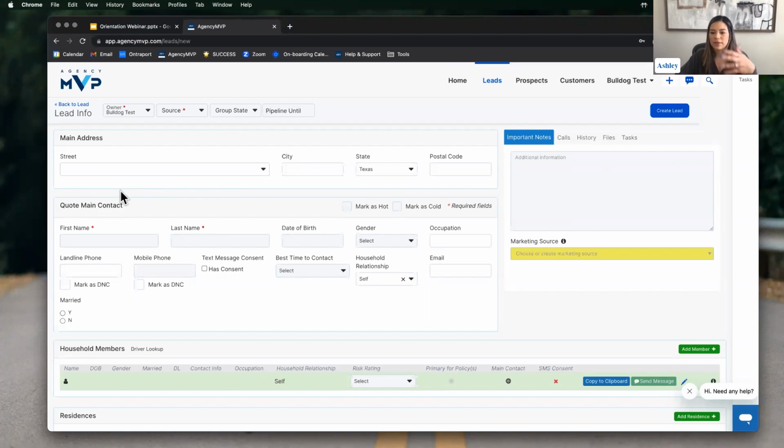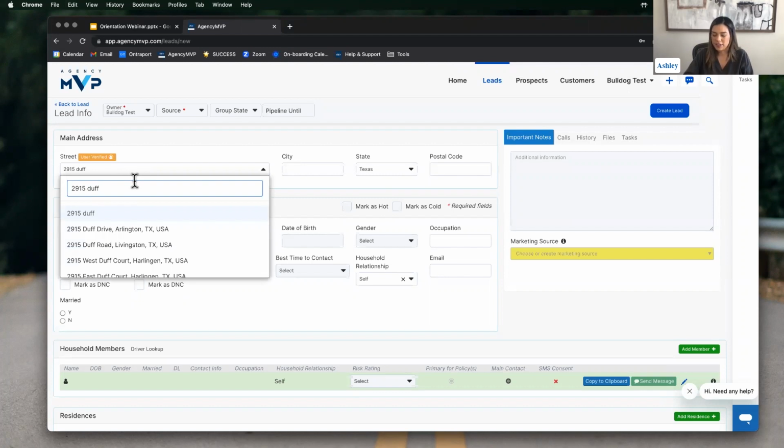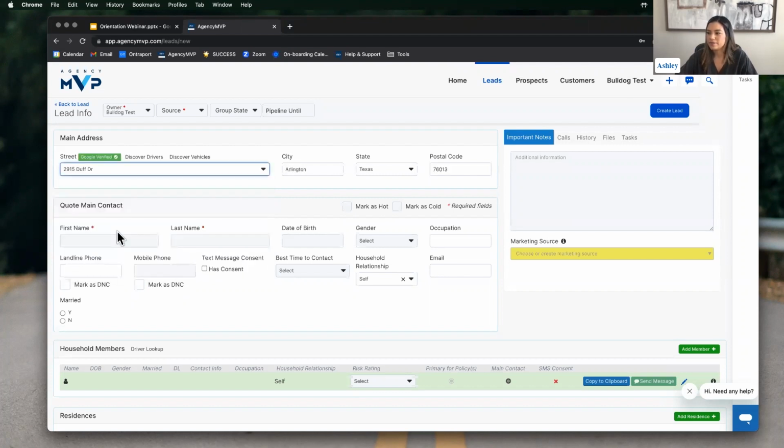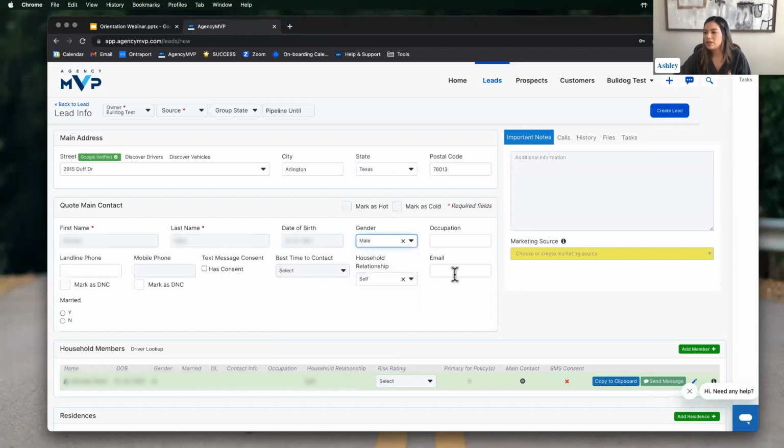So again, that address was not in here. I'm going to go ahead and paste that, and I'll just finish with the address. So here we go. It populated right here. I see it's a Google verified address. And then we can go ahead and type in their name. We can go ahead and do the date of birth. Now, again, not all of these boxes are required. The minimum thing you're going to need is an address and a name. So if I click create lead,